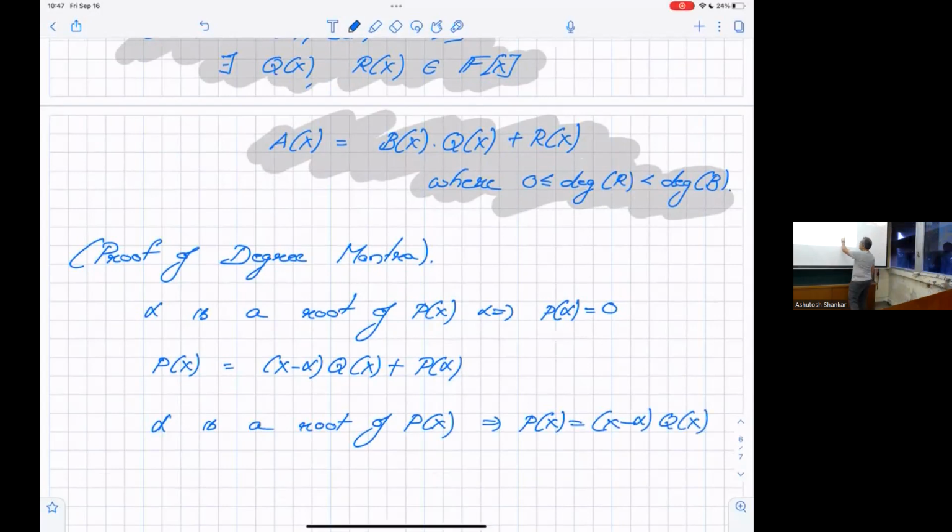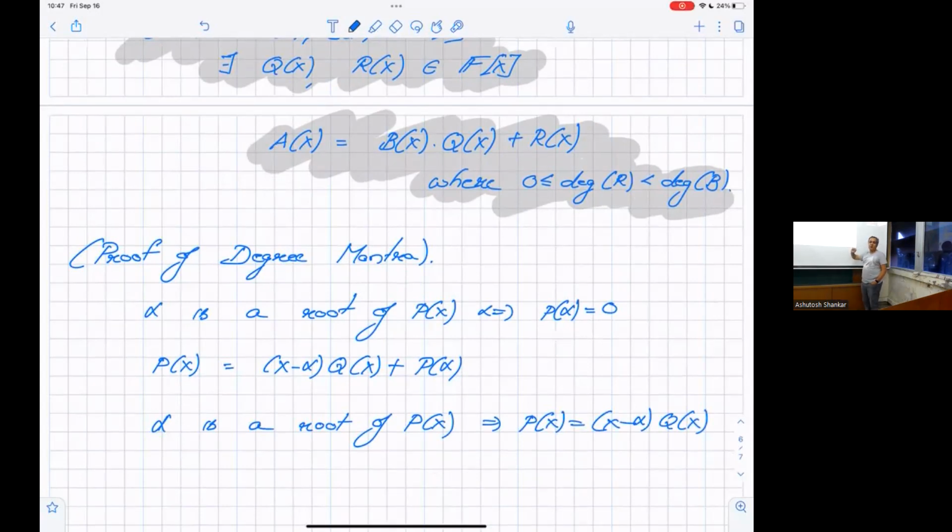So you can peel out the first root. Now let's go for the second root. Now I want to say alpha 2 is a root. You plug in alpha 2 over here, you will get that Q of alpha 2 has to be 0. You can induct on Q. But somewhere along this place is where you're going to use